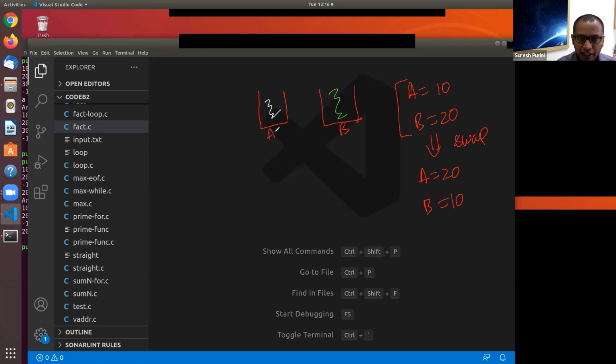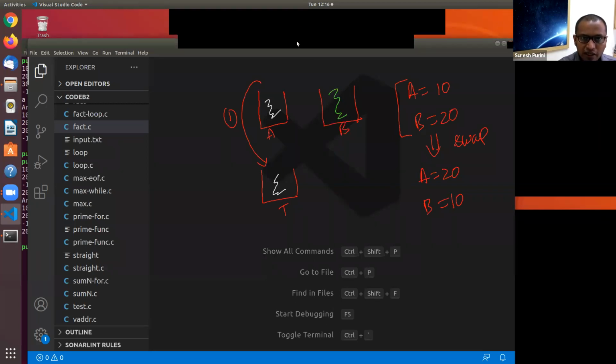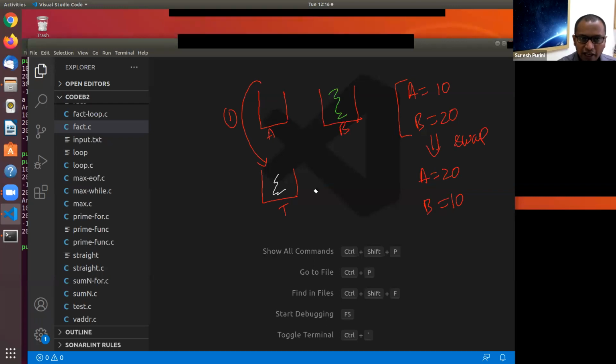So what we do, we take glass A and transfer the contents of glass A into an empty tumbler T. This is step one. After step one, tumbler T contains milk, and tumbler A is now empty.